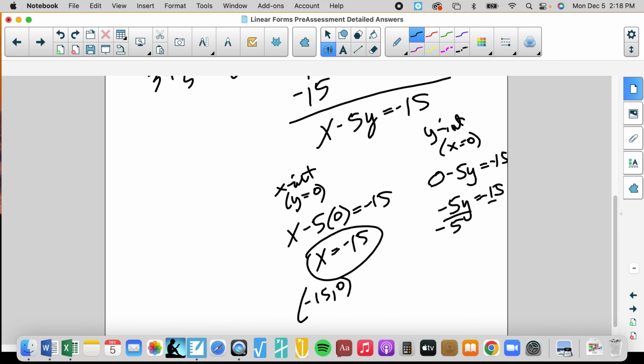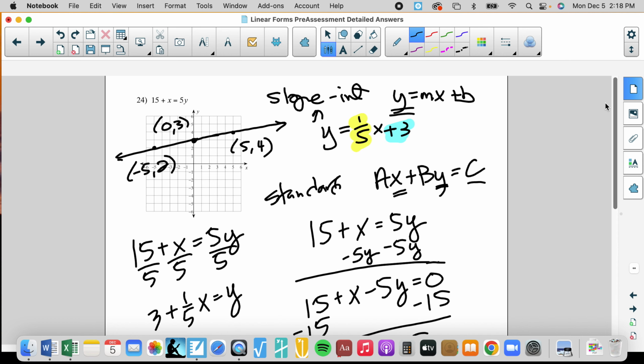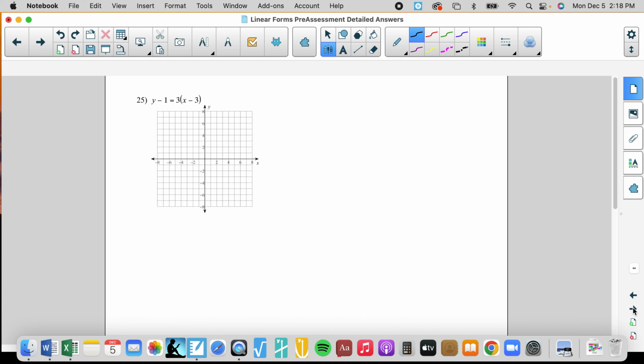Divide by -5. -5y equals +3. Negative divided by a negative is positive. Is my y-intercept 3? Yes, it is. So that's cool. That worked. Now, the last 3 problems are in